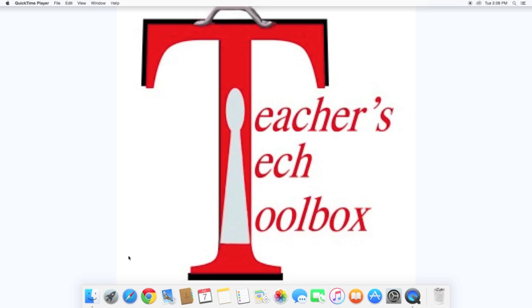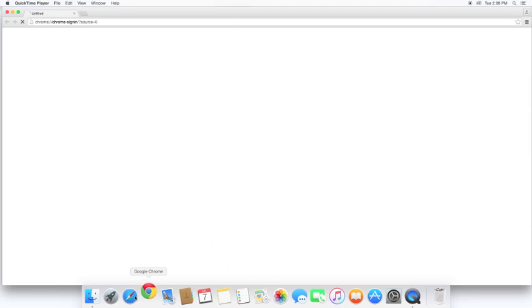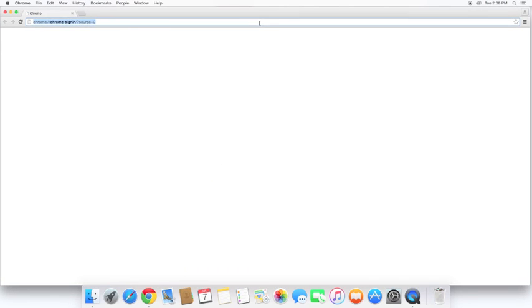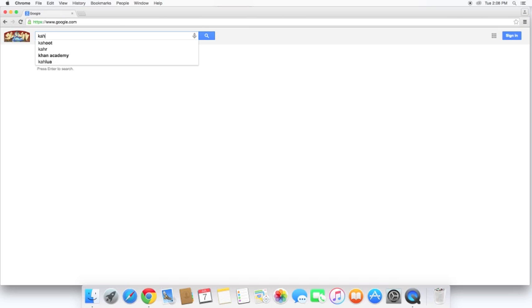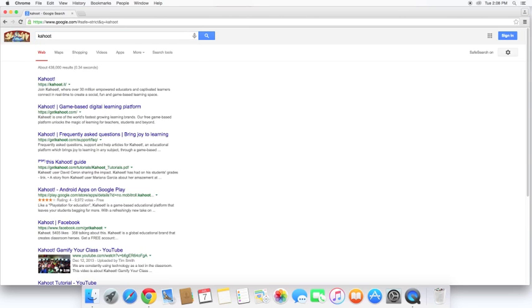So to get started, let's go ahead and open up your favorite web browser. I'm going to use Chrome. And what I want you to do first is go ahead and go to Google and do a search for Kahoot. And what you'll notice is that the top two results, there's Kahoot at kahoot.it, and then there's also Kahoot